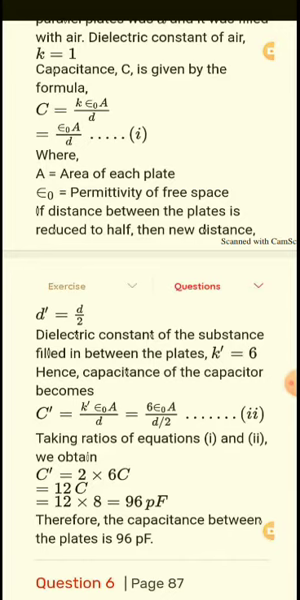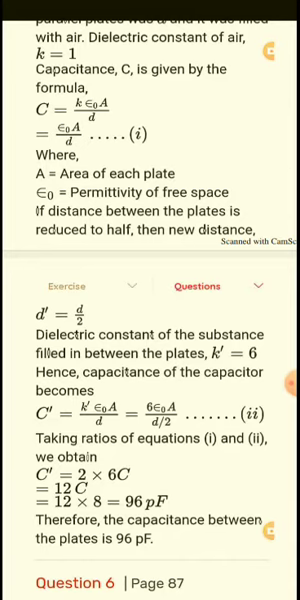So we can write the formula C dash as K dash epsilon naught A divided by D. What is the value of K dash? K dash value will be 6. So we can write it as 6 epsilon naught A. Instead of D, we have to write D dash, and D dash we have to write as D by 2. Okay, so if you equate these two formulas, equation 1 and 2,